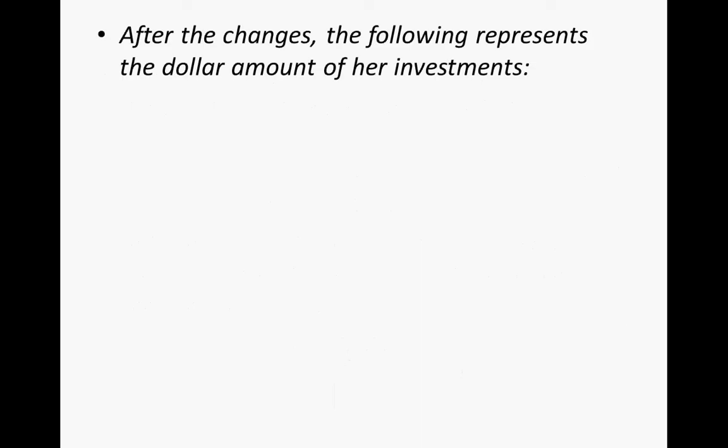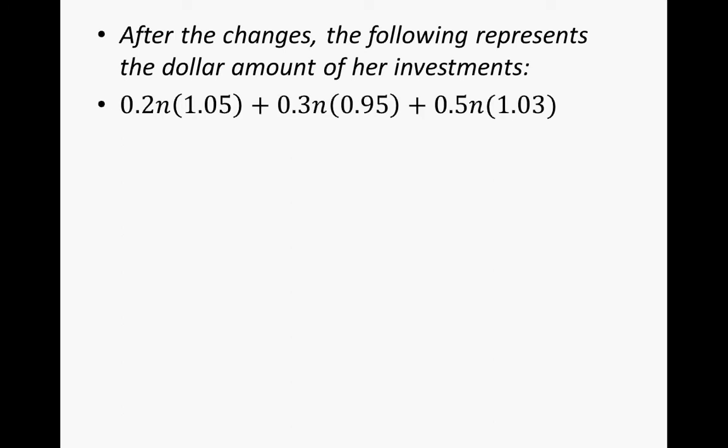So after the changes, the following represents the dollar amount of her investments. So 2/10 times n, which is the 20% of her investments, increased 5%, so that's times 1 5/100, plus 30% of her investments, which is represented by 0.3 times n. Well, they decreased by 5%, which means that they only increased by 95%. So that is 95/100, and then plus